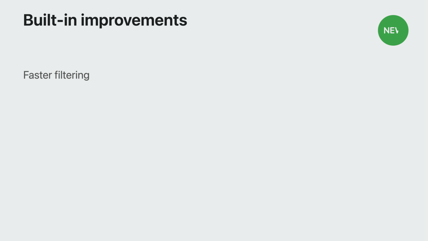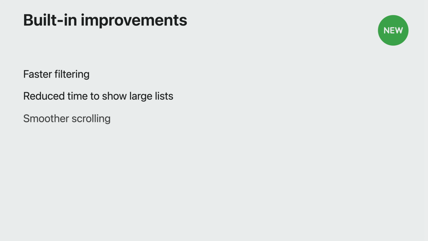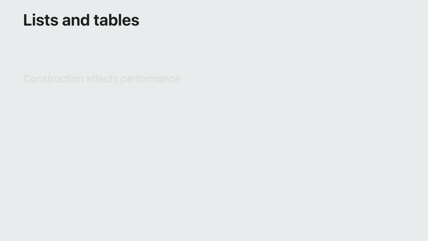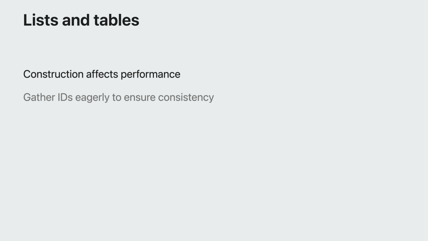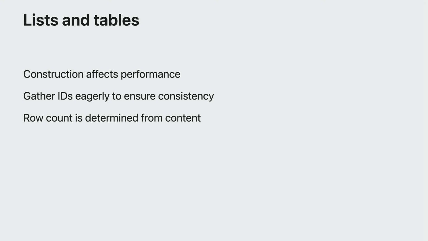In macOS Sonoma and iOS 17, SwiftUI has a number of optimizations under the hood for cases like filtering and scrolling. These improvements can be had with minimal effort on your part, and in many cases can result in drastically more responsive load and update times for bigger lists and tables. However, there are certain ways to construct lists and tables that result in better performance. List and table use identifiers to know what changes occur to the data. For consistency, all the IDs of list and table are gathered eagerly. Therefore, being able to quickly generate identifiers for your list and table contents directly translates to faster load and update times.